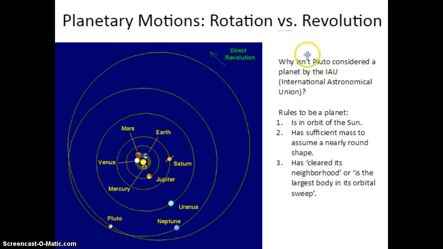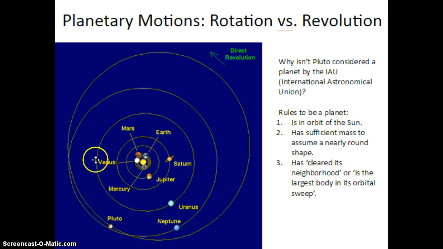So the final statement here of this lecture is why isn't Pluto a planet anymore? Well, the IAU, the International Astronomical Union, said there are rules to be a planet. One, it has to orbit the sun, which Pluto does. Two, it must have sufficient mass to assume a nearly round shape. Well, Pluto does. But number 3 is where the caveat comes in. It must have cleared its neighborhood, which is another way of saying it must be the largest body in its orbital